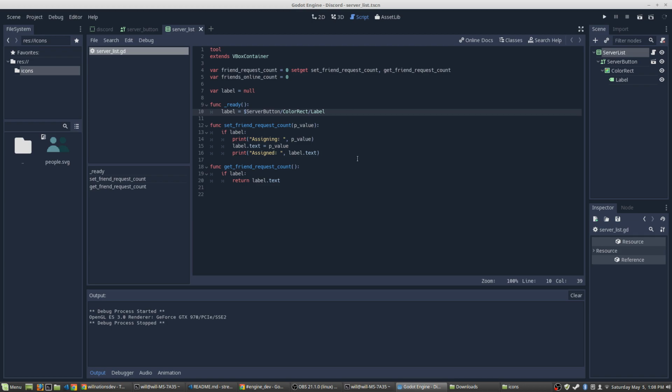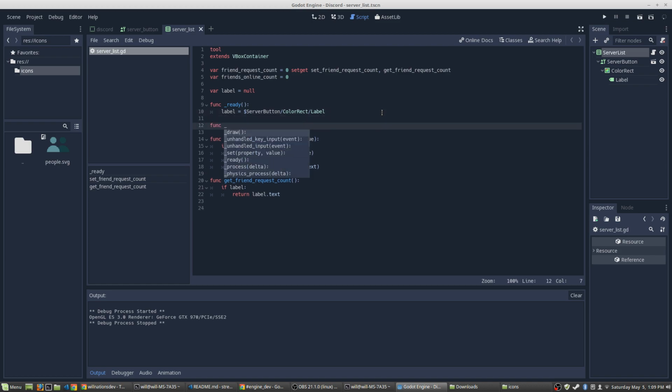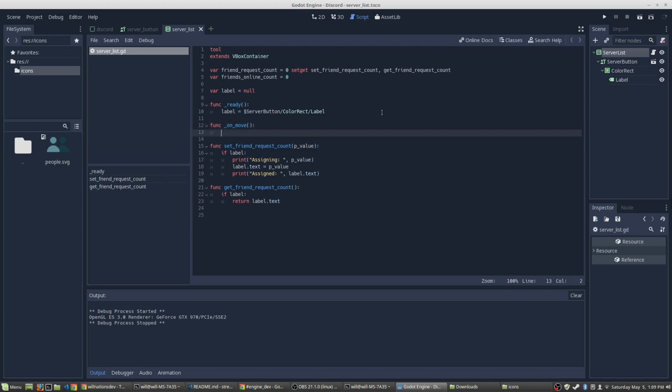Need to think of how we might get that to work. If I moved it around, I'm sure I could also pick that up. Let's just check. If I do func on move, and then print label.text,